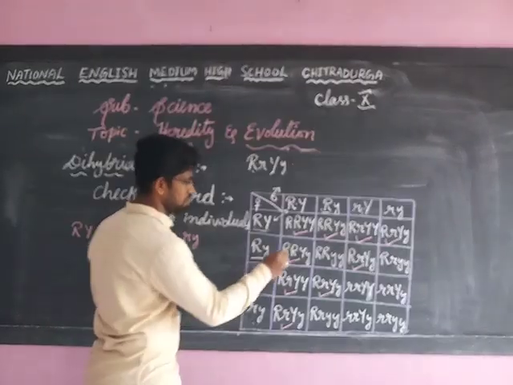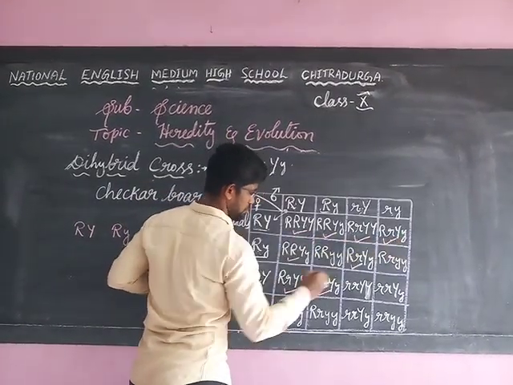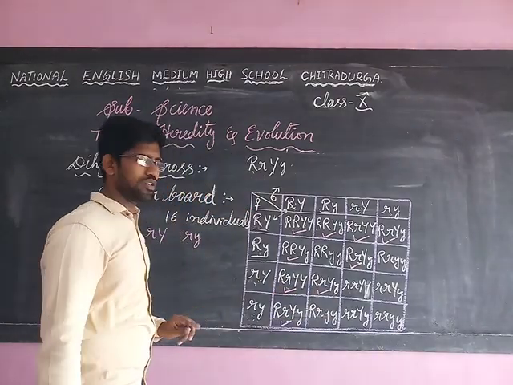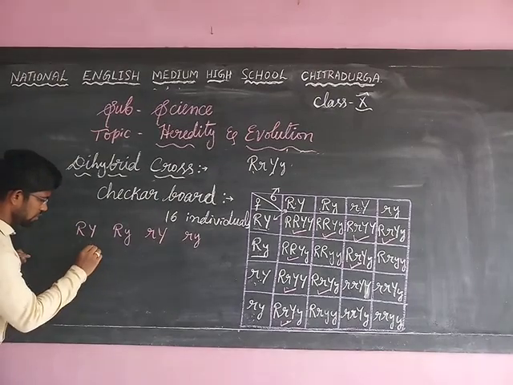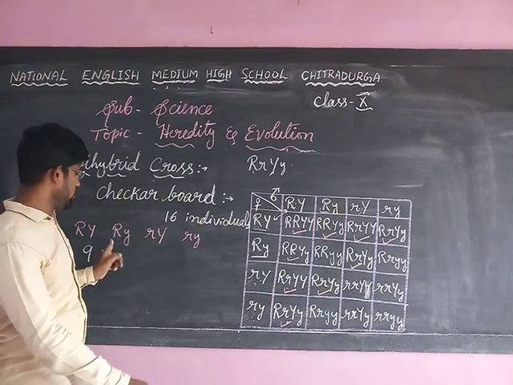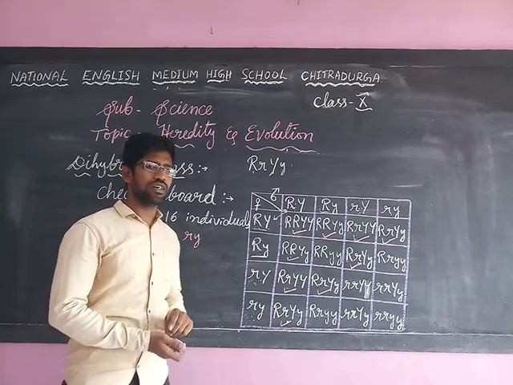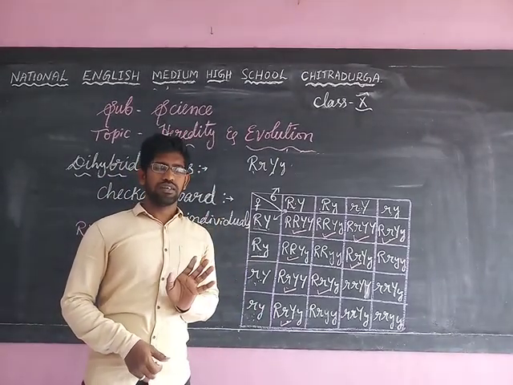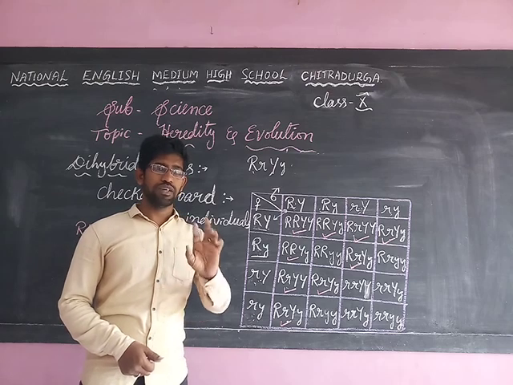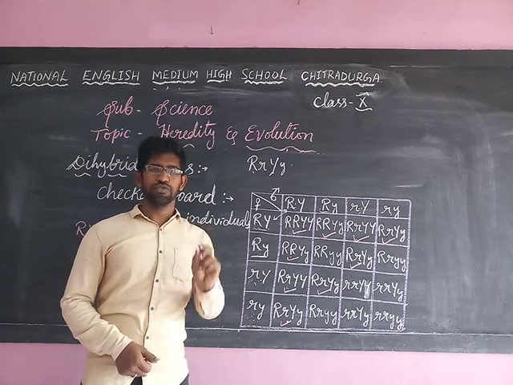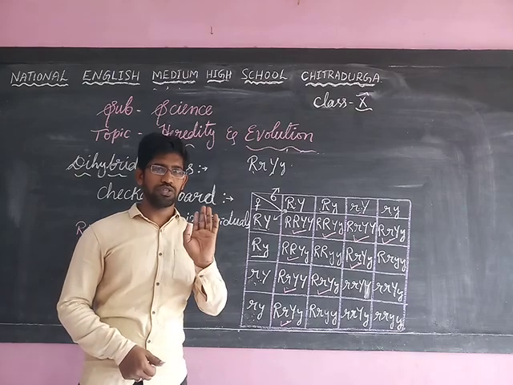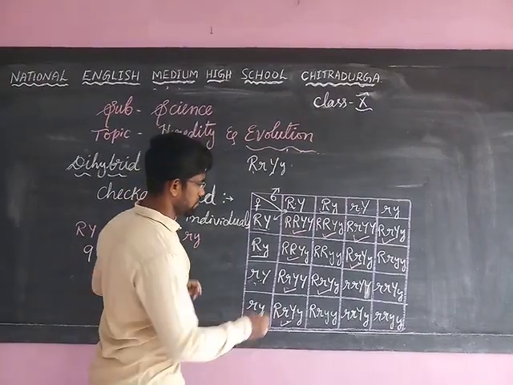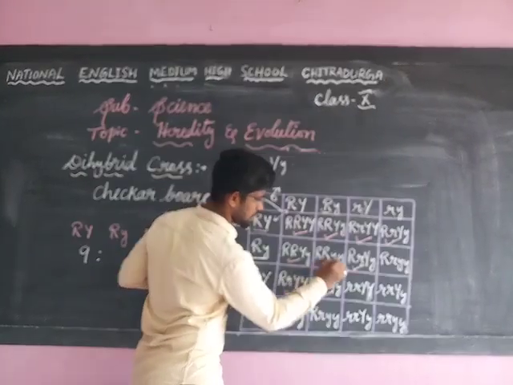So how many individuals did we get? 1, 2, 3, 4, 5, 6, 7, 8, 9. How many did we get with capital R, capital Y? 9 we got. Understood? Then we have to go to capital R, small y. Capital R represents the round shape, small y represents the green color. So that's why we have to consider that both the y's should be small. Remember, both the y's should be small. So that's why we have to select capital R and small y. Here 4 are already selected. Capital R, small y is there.